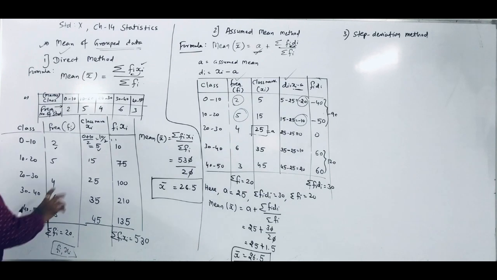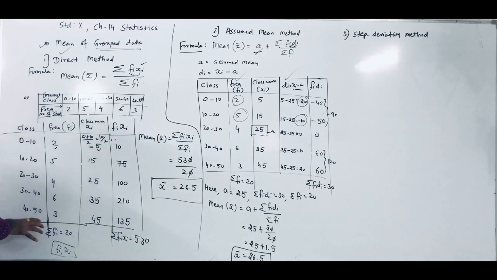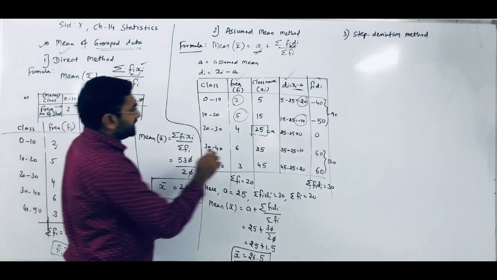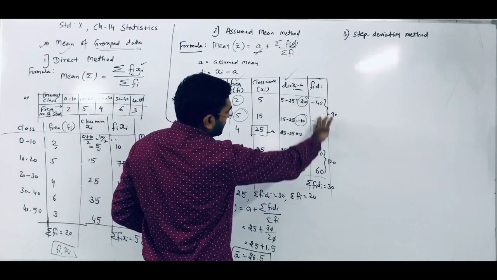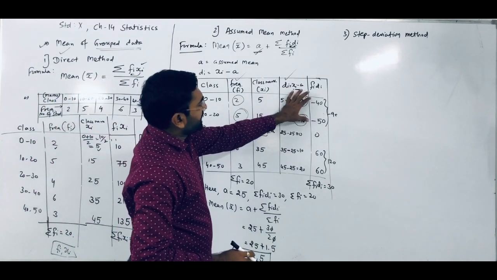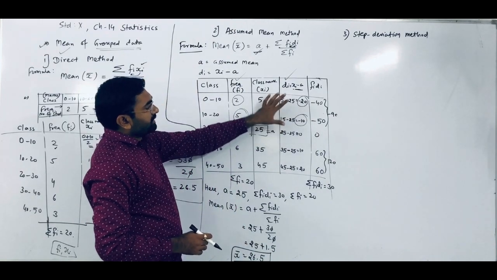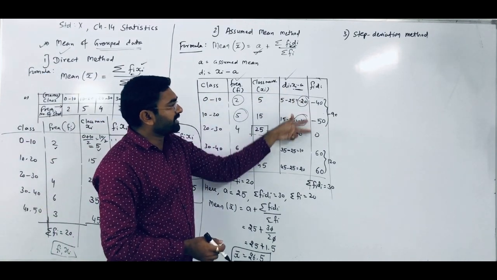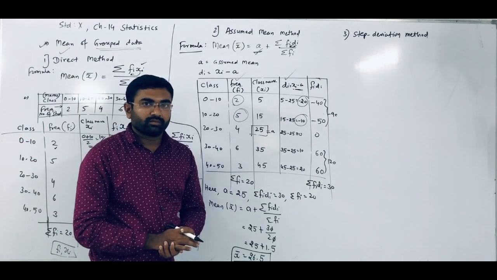In what sense? In the direct method, each and every time the multiplication becomes larger and larger. Suppose the observations given are greater, then the summation takes a little bit of time. But here it is easy, with 0, minus 10, minus 20, 10 and 20. If you multiply them, it is a little bit easy for us. One of the terms becomes 0. It takes a little bit less time compared to the direct method. But when the data is given with very big values, the multiplication also becomes larger, and at that time we require more time for calculating.